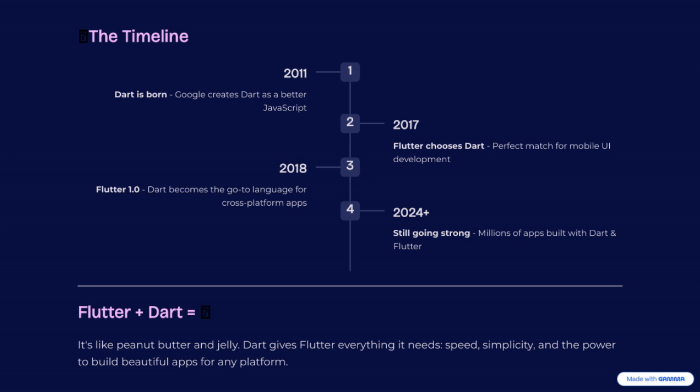Going all the way back to 2011, the timeline shows us how this journey started. It's a story of innovation, collaboration, and growth, showing how Dart and Flutter have become essential tools for developers around the world. And that's what makes this timeline so exciting. It's a glimpse into how these technologies have shaped the future of app development and why they continue to be